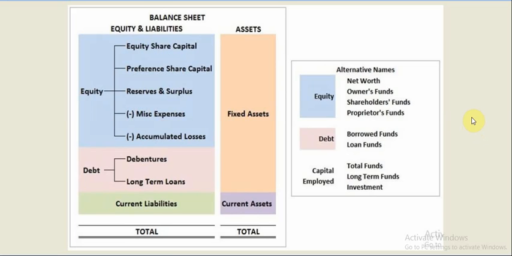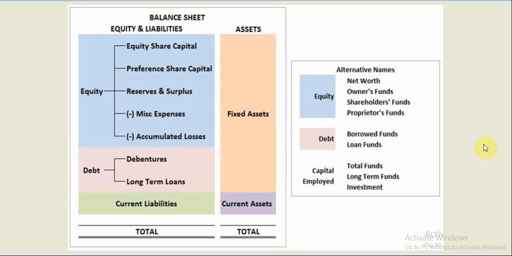You all very well know that companies do not follow the T type of balance sheet anymore. They have a separate format that's given in the Companies Act under Schedule 3. So you know that, but for understanding purposes we will try to understand using a T type of balance sheet, and later on, after we completely understand the balance sheet structure, we will move on to the format of a balance sheet according to the Companies Act.